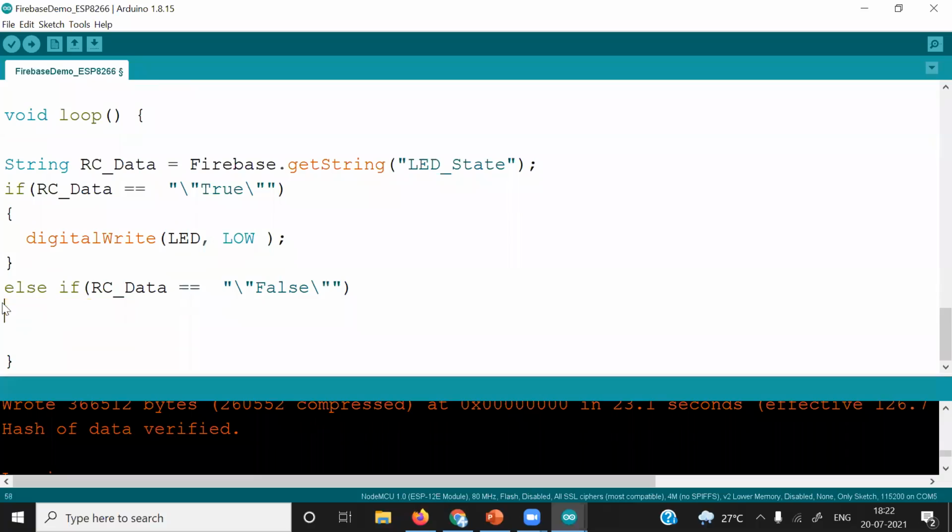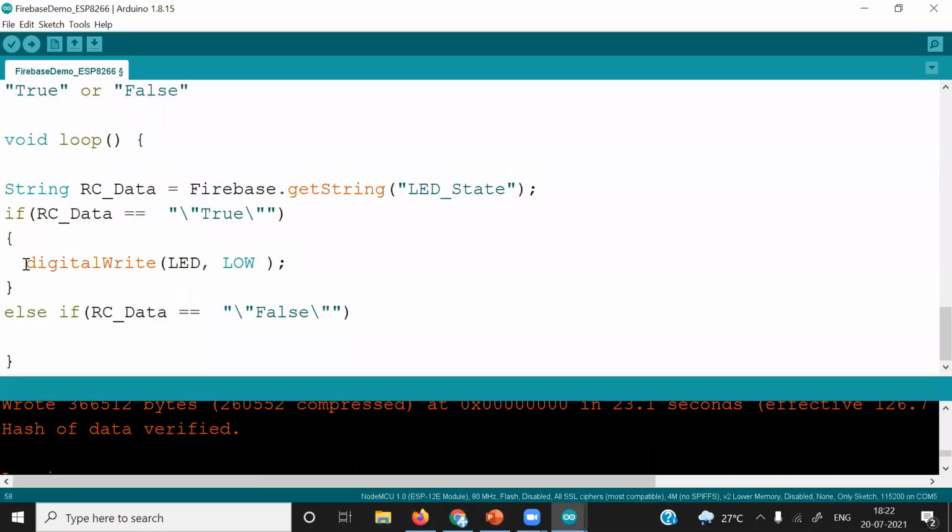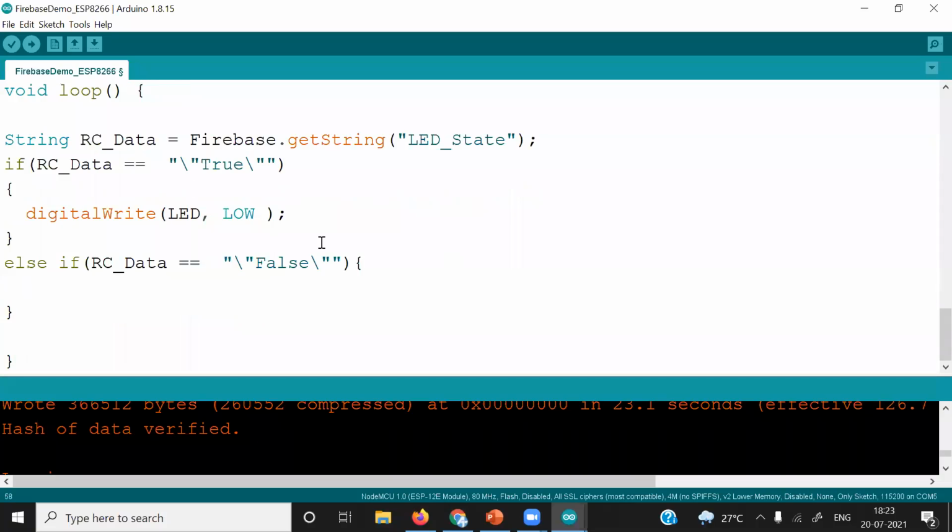I'll remove this delay, there is no need to add it. I'll simply copy this also. Do not forget to add the curly brackets. Control V, and make it just high.